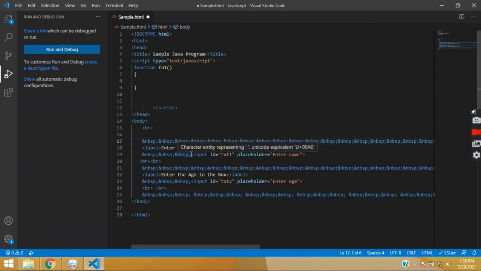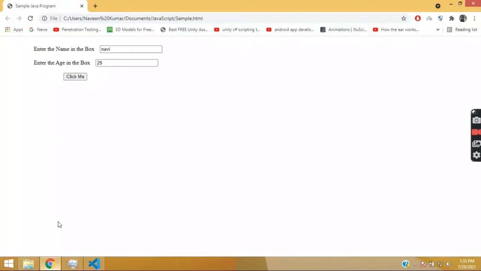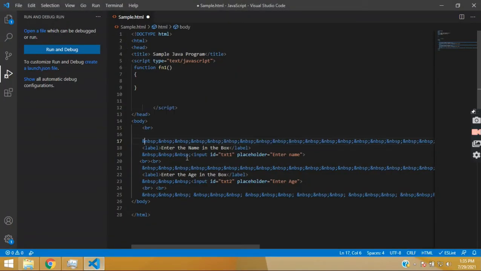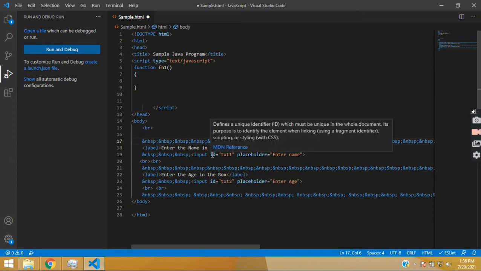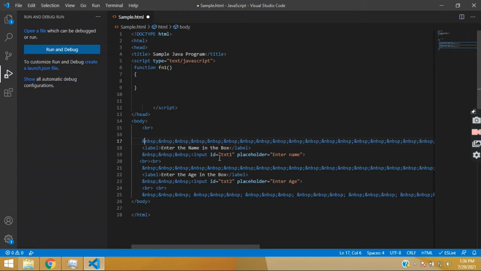Then there we have used input, ID equals to text1, placeholder, enter the name. Here we are going to enter the name. You can see the code will execute like this. Enter the name in the box, enter the age in the box. That is what we have written. We are taking the input from the user in the box, and we have taken the ID of this one as txt1, this one as txt2,